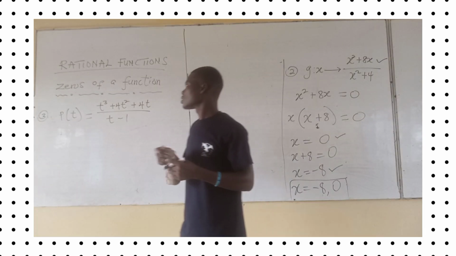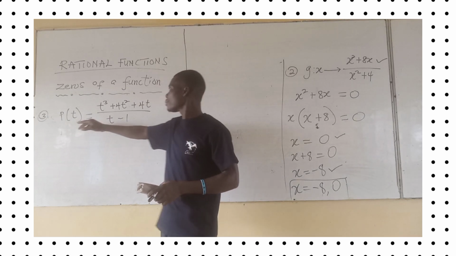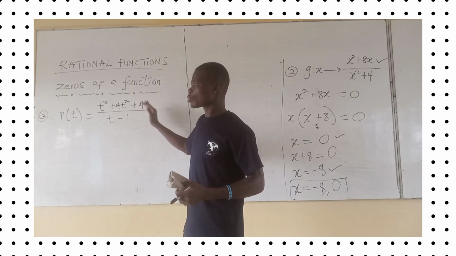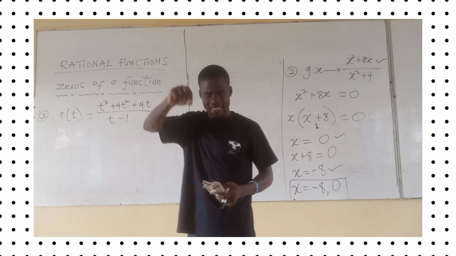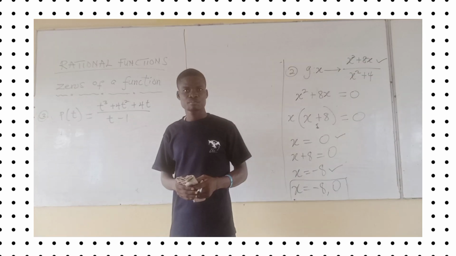The question says, what values of t make the function defined? So the values of t that make the function defined, meaning we have to find the zeros of the function,